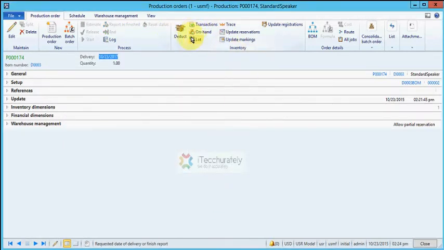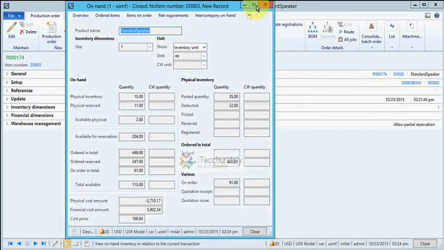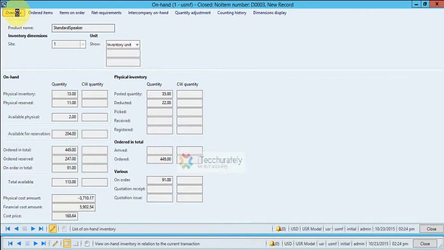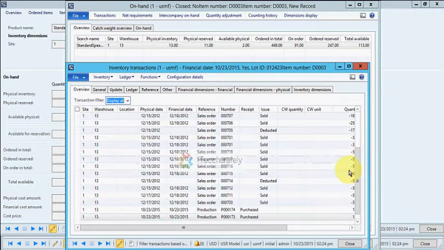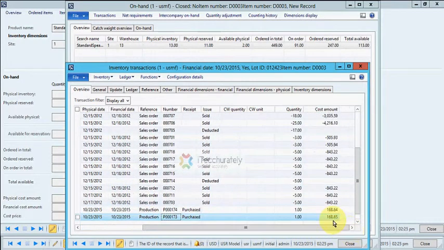Now if you check the on-hand inventory, the on-hand inventory of this item will be increased by 1 due to the addition of the item that we just created. As you can see here, this is the item that we just created, and it has been put back into inventory with the cost price that we calculated at the time of the estimation phase.